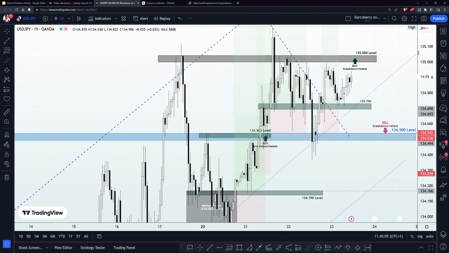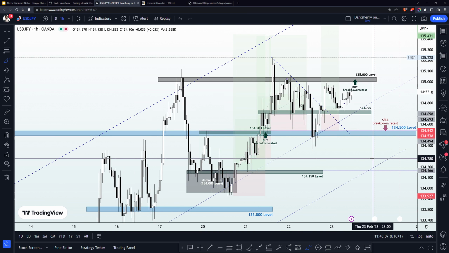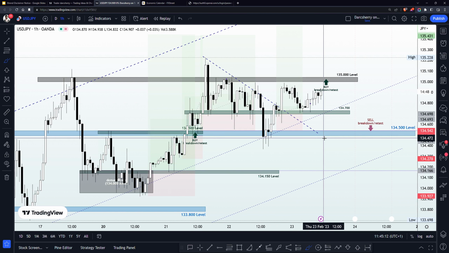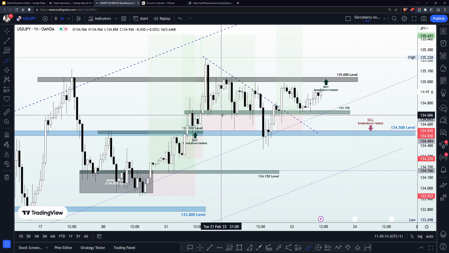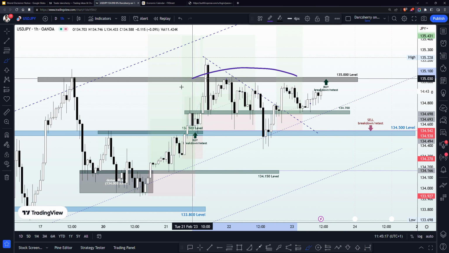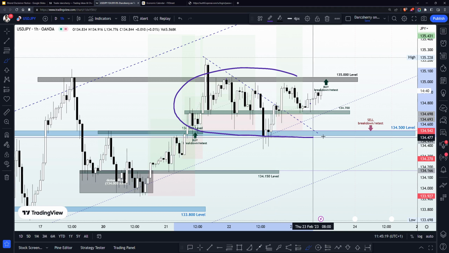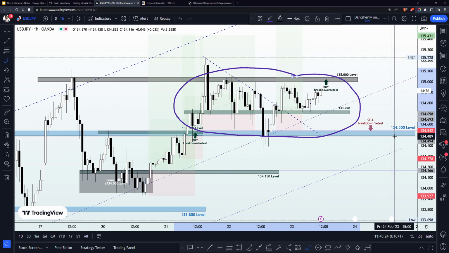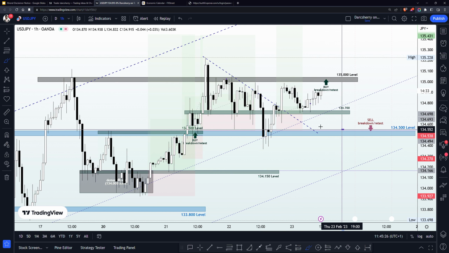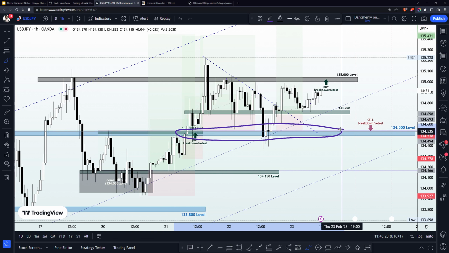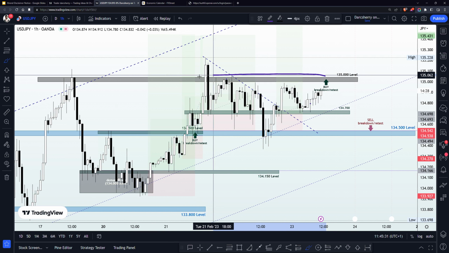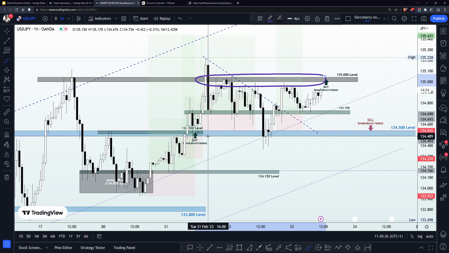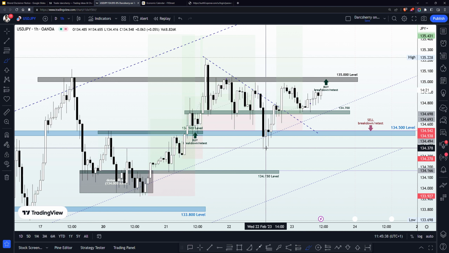And now if we look at the current market structure here in anticipation of this New York session today, you would notice that price action has been choppy since the beginning of the week. As you can see, price has been trading right between this tight range between the 135.00 level and the 134.500 area. So the 134.500 area has been a buying niche, and the 135.00 level has been an area where sellers have gathered to sell the USDJPY.